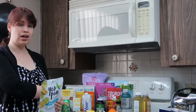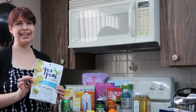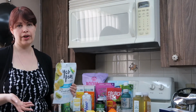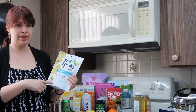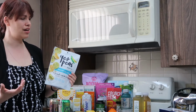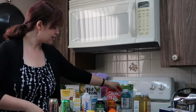Better when I tried it with the hummus. Something to say if you wanted plain, just because maybe your stomach isn't feeling good, like you would normally eat saltine crackers, but of course gluten-free can't do that now. I would say that would be something good to go for, but if you're looking for something that has a lot of flavor, there's other things out there that are a lot better. For instance,